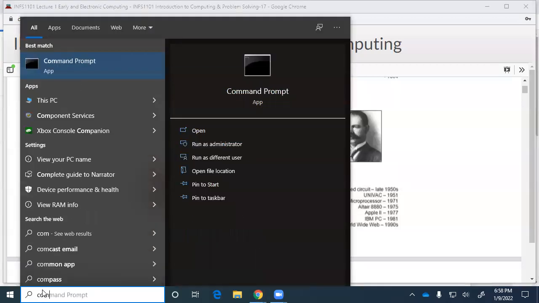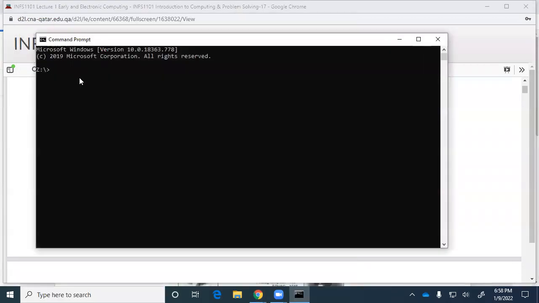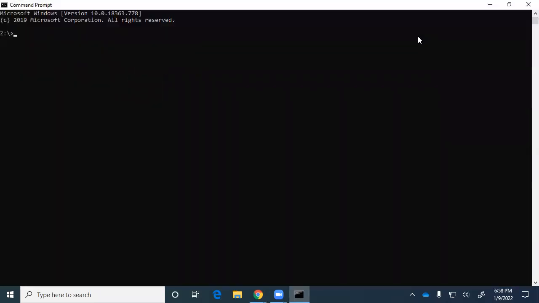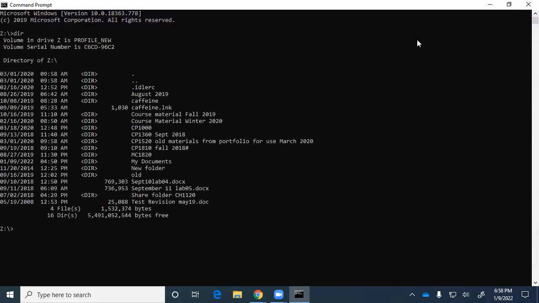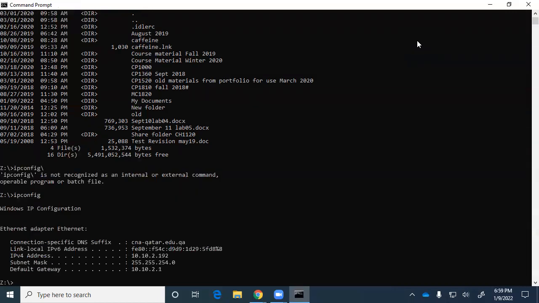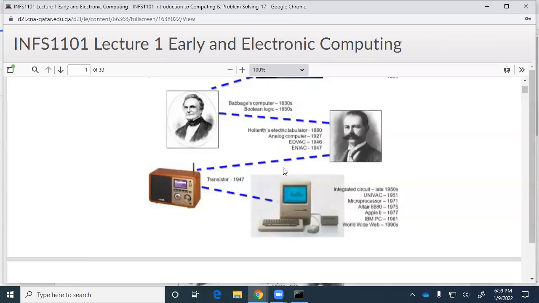When I started computing, this is how we said hello to the computer. We had a screen that looked like that. Okay, well, what next? If I want to do anything, I have to type a command, and I have to know the command, right? How exciting is that? You can still use this. This is called a command line interface. You have to type all the commands. If you do computer networking, you'll use a command line interface. And in 1980, that was the only interface.